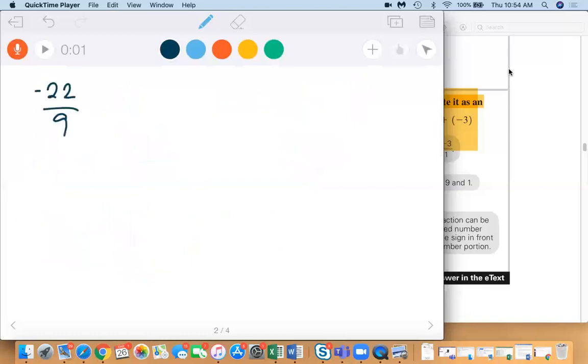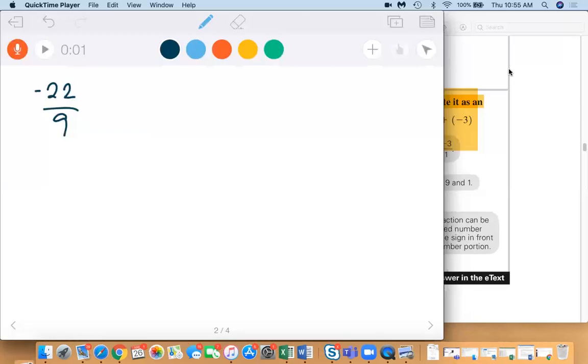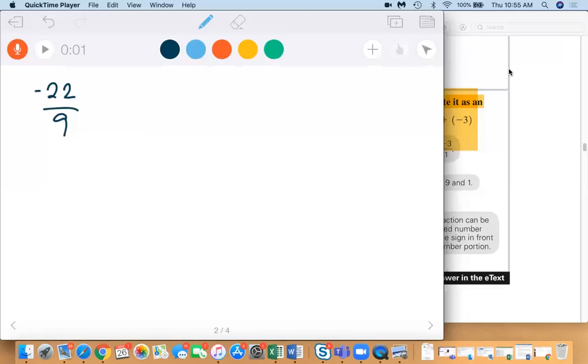How do I start converting that to a mixed number? I'm not sure if anybody's answering. What we need to do is divide, right? So we need to say